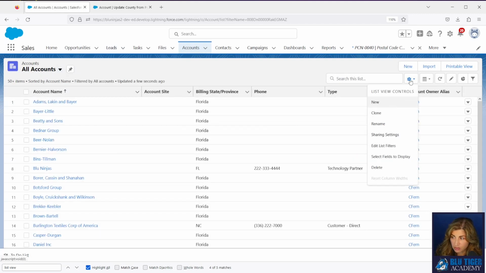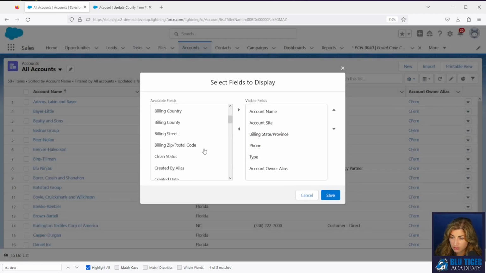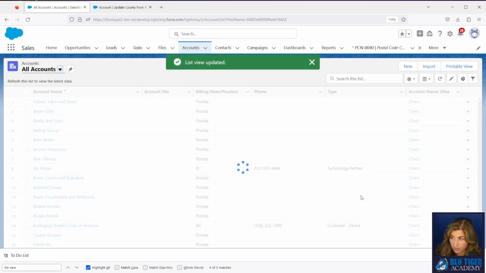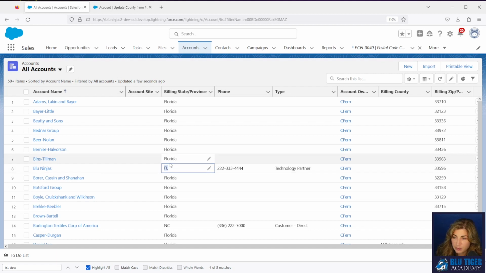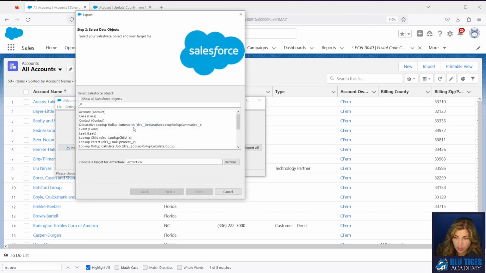Okay, so let's select fields to display: billing county and billing zip. So we would expect anything with a zip code to get the county updated correctly. All right, so let's go ahead and run our export. It's going to be an export on the account.